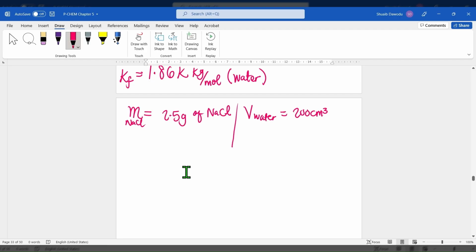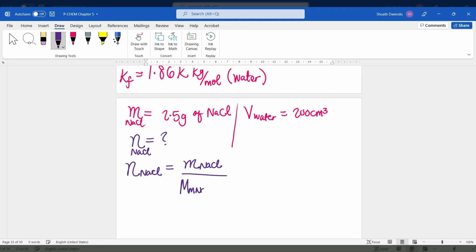So now, even though this is what we have, we can use our knowledge of general chemistry, right? General chemistry knowledge is telling us that we're told to determine the number of moles of solute, so the number of moles of NaCl, but we have the mass and we know the identity of the solute, which is NaCl. So therefore, we can simply determine the number of moles based on what we have. So the number of moles of NaCl is just going to be the mass of NaCl divided by the molar mass of NaCl. What that would look like is the number of moles of NaCl is the mass, which is 2.5 grams, divided by the molar mass of NaCl, which is